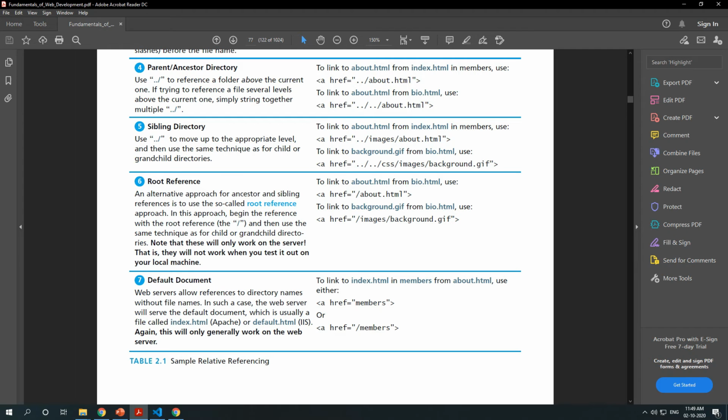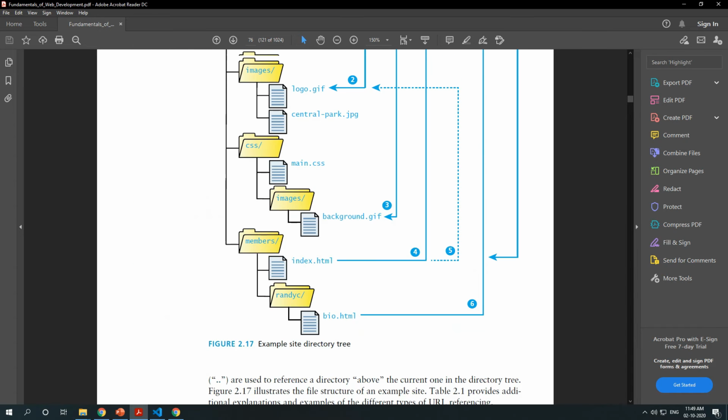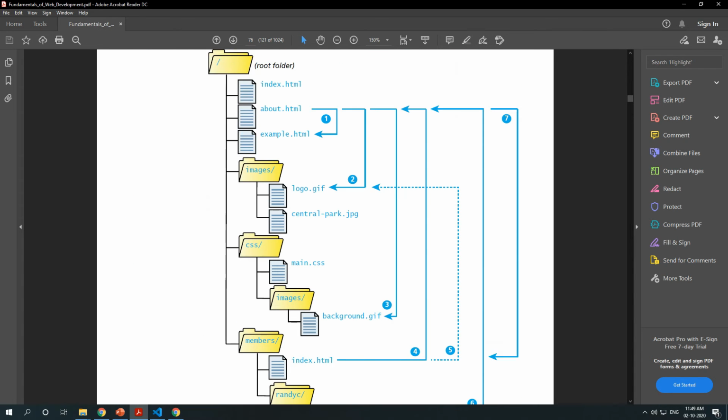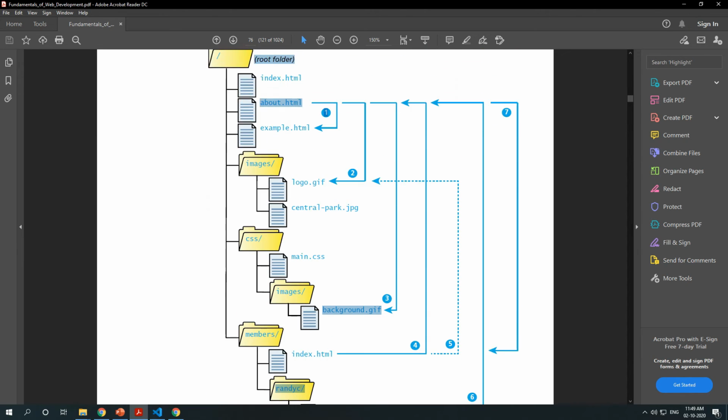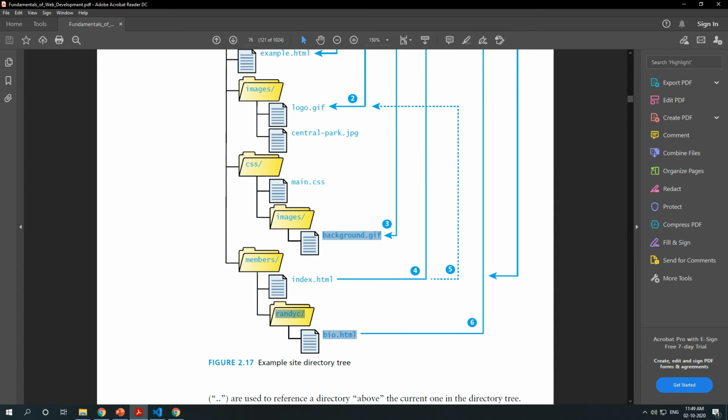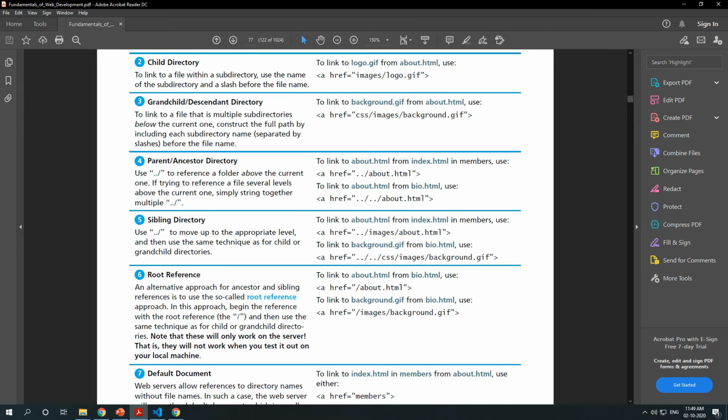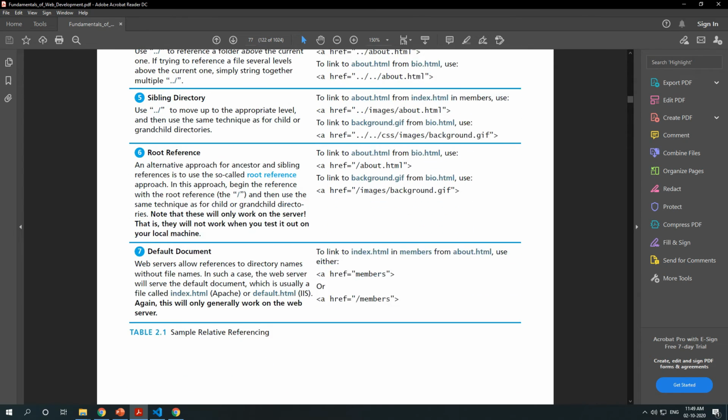Now, the pattern was the same, but instead of dot dot you are just using a root directory name, then about.html. So from bio.html to about.html, actually he is referring to these files. about.html is in the root folder and bio.html is in this rand.yc folder.